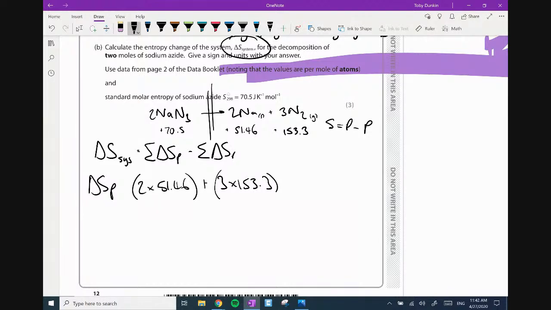On the calculator: brackets, 2 times 51.46, close brackets, plus brackets, 3 times 153.3, close brackets. And I get a total for that of plus